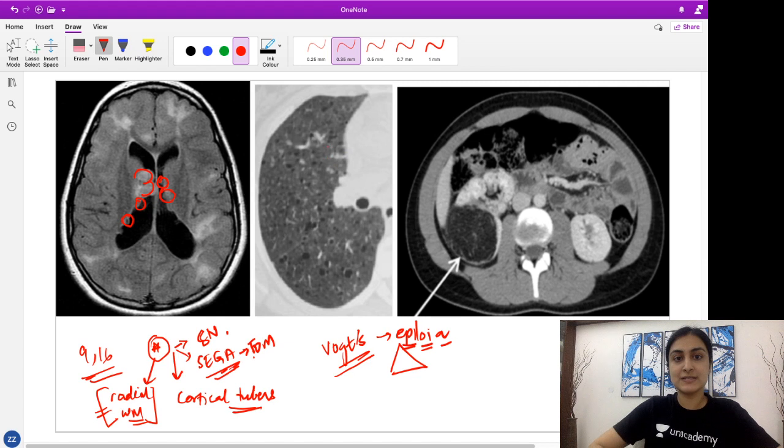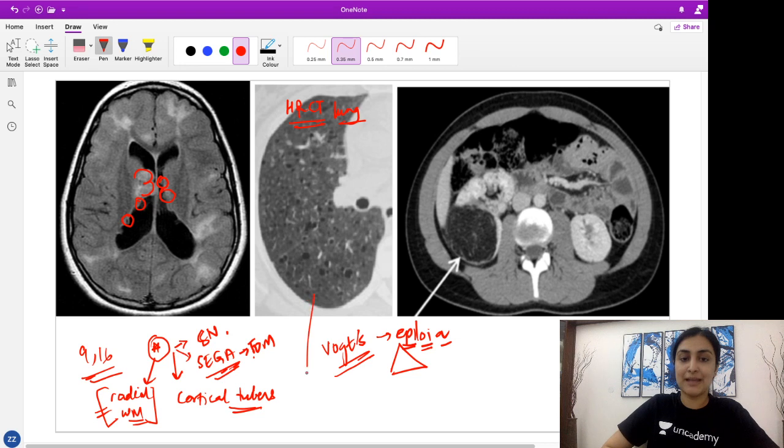Now coming back to this CT. Again, I am showing you this HRCT. I have talked about the basics, as I have already told you many times. In the basic concept classes we have talked about how to recognize high resolution CT. So this is HRCT of the lung, or the lung window of a CT, where I am seeing these multiple cystic lesions in the lung. So these are cysts in the lung